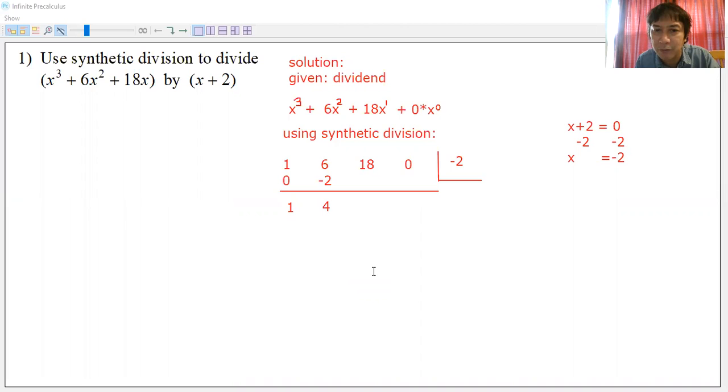Now it's the product of the 4 and the -2, which is -8, and that will proceed under the 18. So that will be a -8 over there. The product of 4 and -2 is -8, and then 18 and -8 proceed by addition, and so that will proceed at the bottom, that will be a +10. That's the result of 18 and -8.